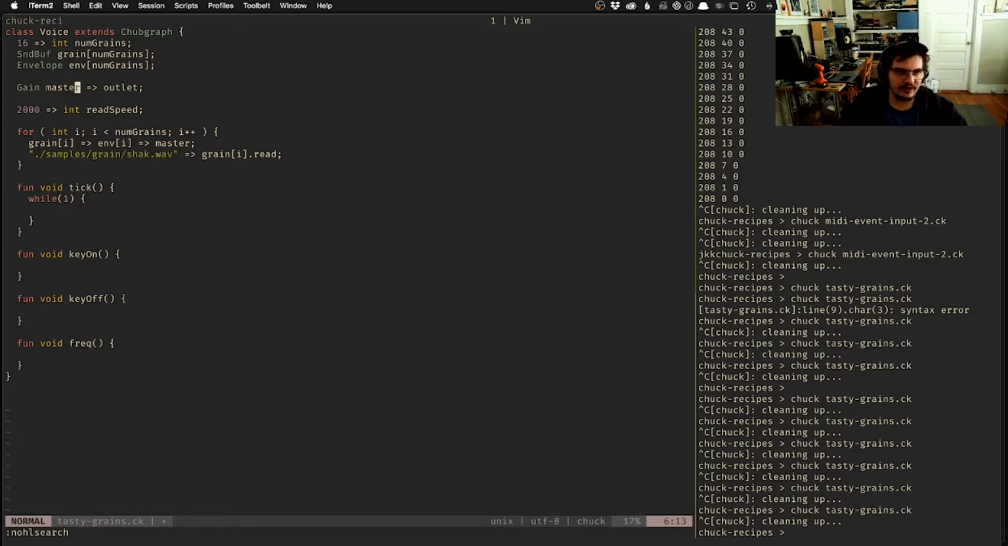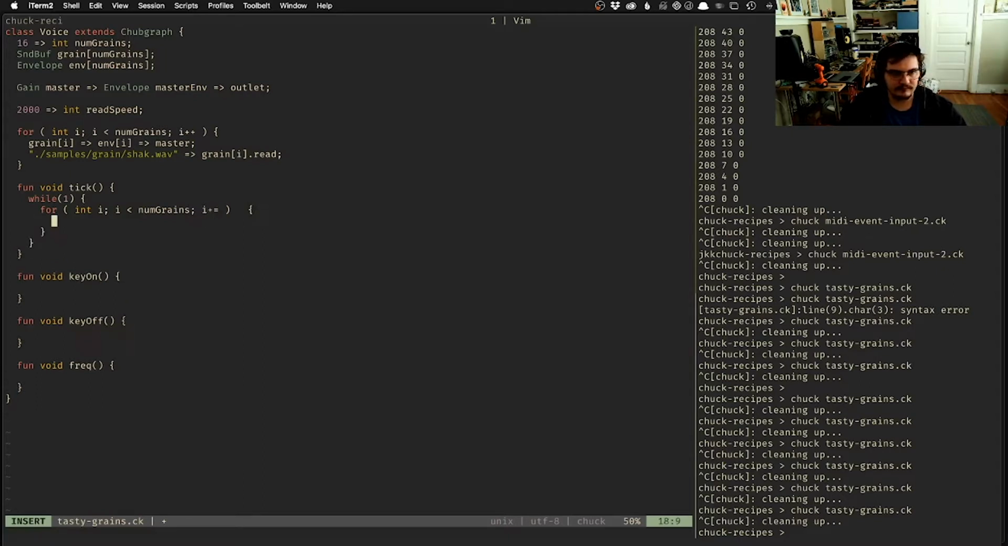Okay, so let's also, in addition to this, have another envelope, master env. This is always going to be kicking out grains. And then we'll use the envelope to actually do things with it, but it's always going to kick out grains. So we want to say while 1, we would like to loop through all of our SndBuf things, num grains. So we're going to loop through all of these, and then we will say,